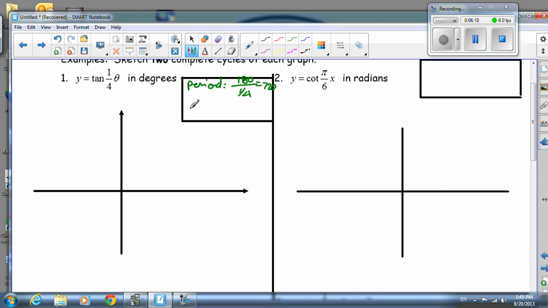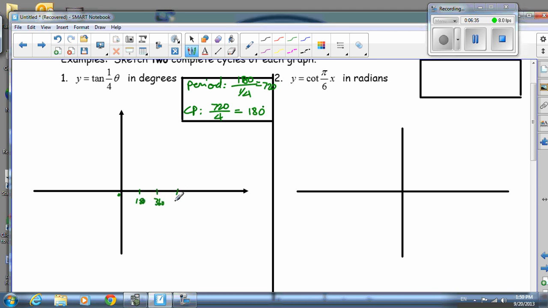Let's go ahead and now find the critical point. The critical point will be 720, now divide by 4. And if you do 720 by 4, you get 180 degrees. All right, let's go ahead and label our axis. The first point I will have, of course, is 0. After 0, I will have 180,